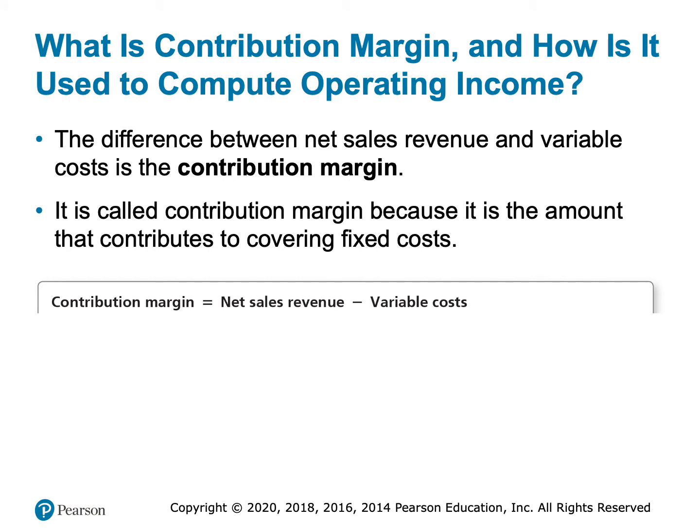Contribution margin is the difference between sales revenue and variable cost. So revenue minus cost, your selling price minus your variable cost, gives you this contribution margin. It's similar in concept to gross profit, but not exactly, because gross profit, as we'll see in a minute, includes all of the product costs, both fixed and variable. But contribution margin is just looking at variable cost, whether they are variable product cost or variable period cost, okay? So contribution margin is called that because it's the amount that's left over to contribute to fixed cost